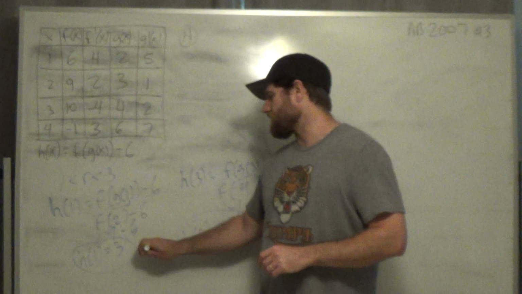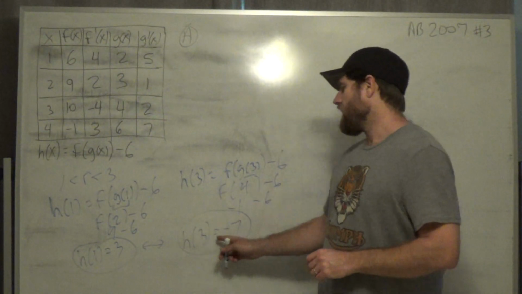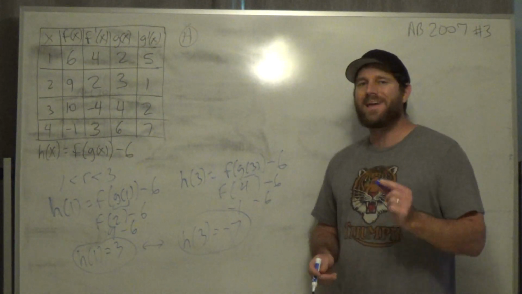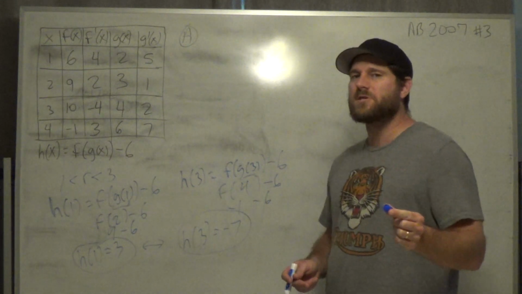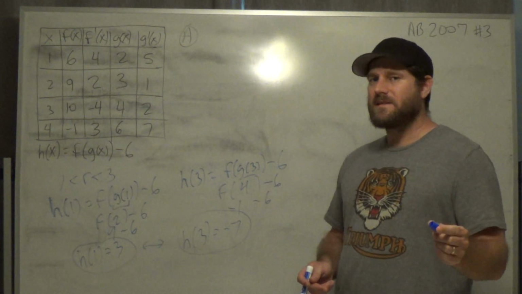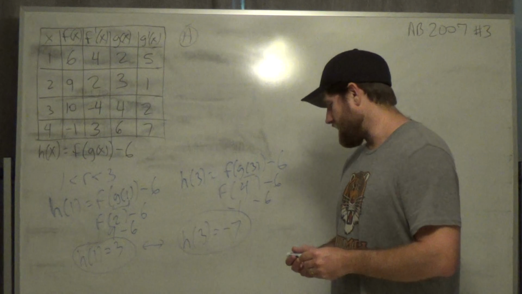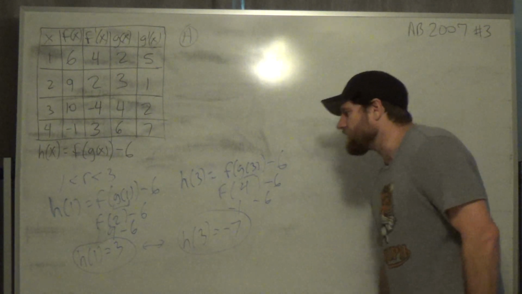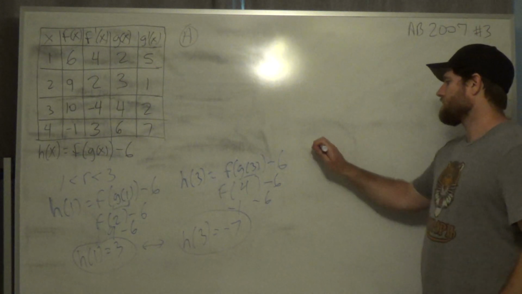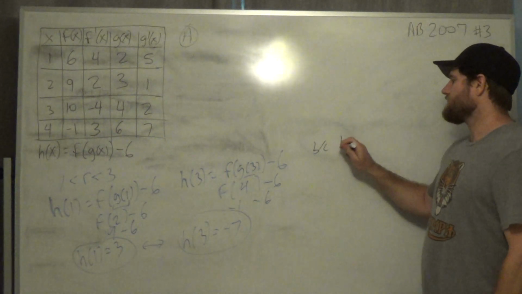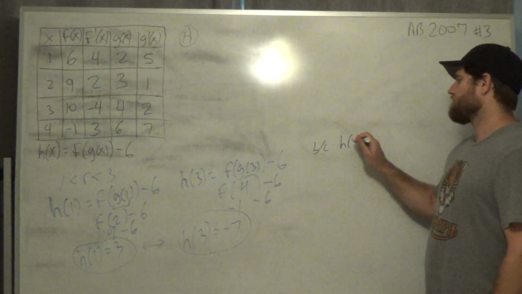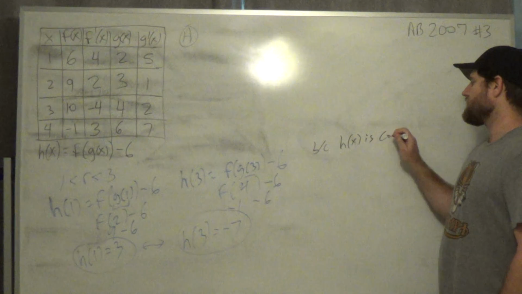So let's go ahead and look at these two. H of 1 is 3. H of 3 is -7. Now, h is differentiable. If h is differentiable, that means that it's also continuous. It's implied. So what we're going to say here is because h is continuous